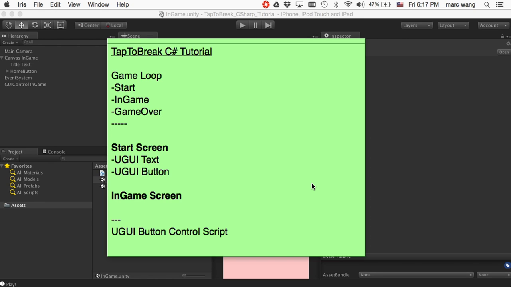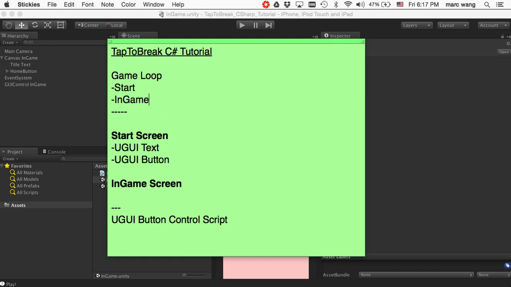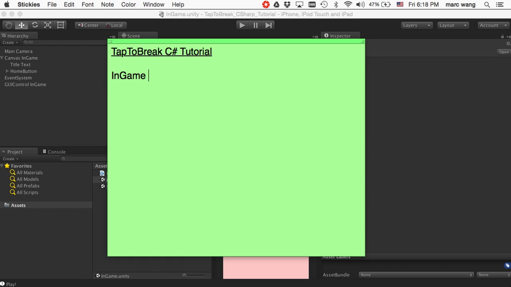Last time we already finished the game loop with start screen and in-game screen. We will do game over in a later video. In the start screen, we already know how to create a UGUI text and the UGUI button to load the in-game screen, then allow us to come back to the home screen from the in-game. So today we are continuing to work on the in-game screen